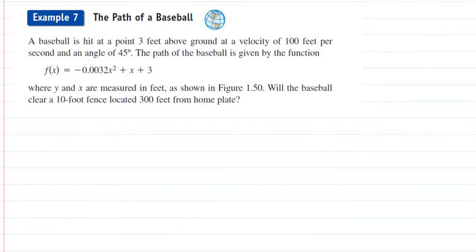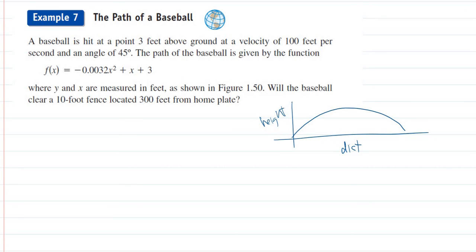So a baseball is hit at a point 3 feet above the ground at a velocity of 100 feet per second and an angle of 45 degrees. The path of the baseball is given by the function f of x equals negative 0.0032 x squared plus x plus 3, where y and x are measured in feet. And then they gave us this nice picture